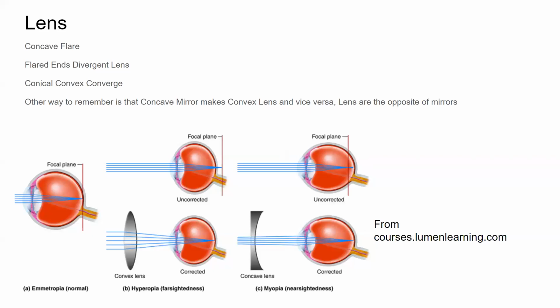So how I remember this is concave, convex, converge, and converge corrects. Sorry, convex, converge, and that corrects farsightedness. And how I imagine that is